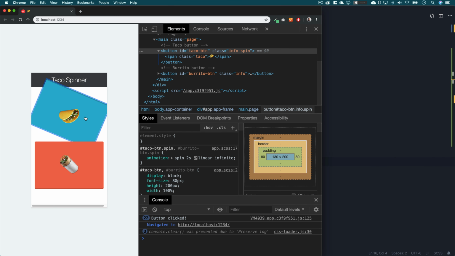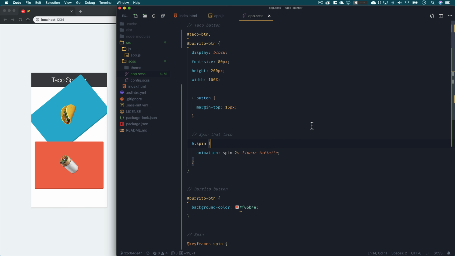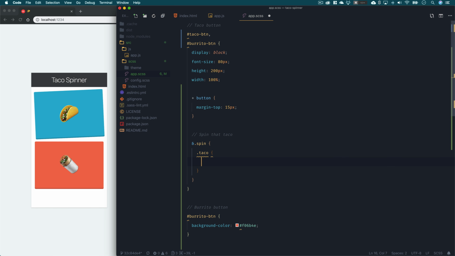But what's interesting is you don't want to do that on the button itself, right? Because then the whole button is spinning. So the reason why I added this span inside of that is so we could just spin the span with a class of taco whenever our button has a spin. So we'll just add .taco around this